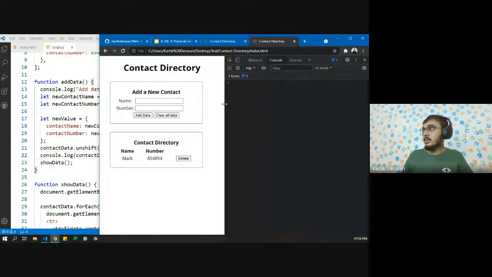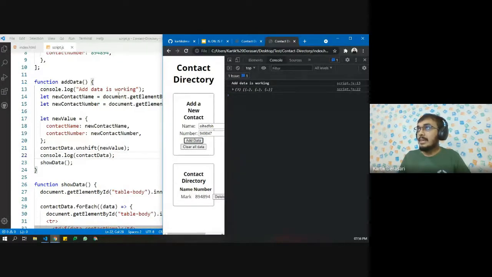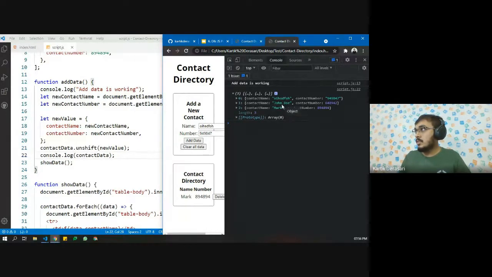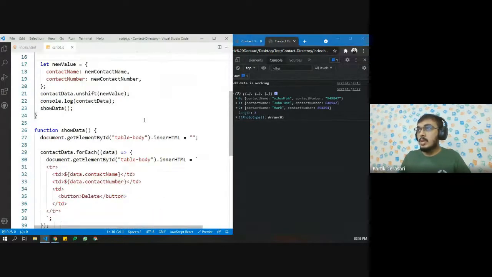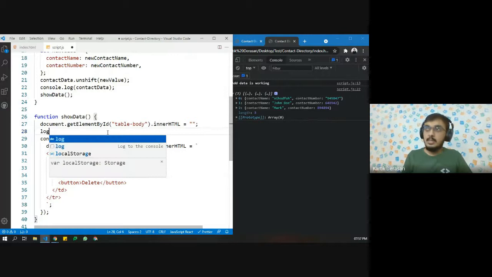Let us run this. Let us add some value, some numbers, add data functionality. So this is how we debug. The add data function is working at the beginning. We also have three different values: Mark, John Doe, and this one. So now there is some problem in this part. Let's see what the problem is here.